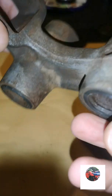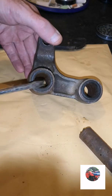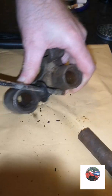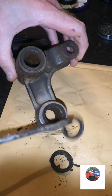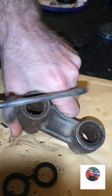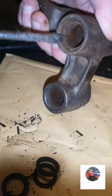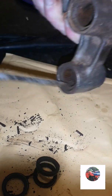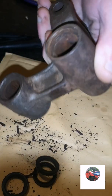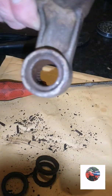We'll get these seals out as well, there's four of them. So we'll pop the four seals out. That's the seals out. Just clean round there, clean round there, and round there. It's just so you can see